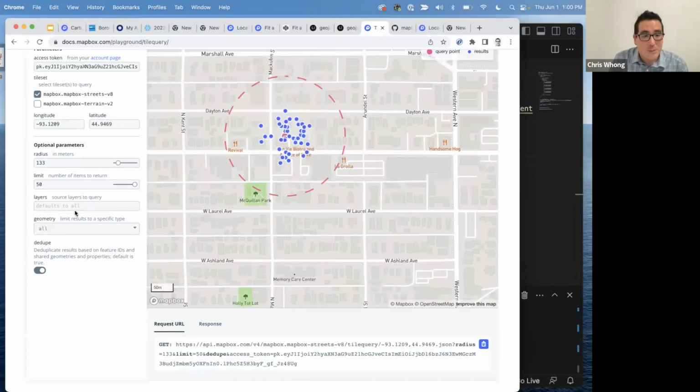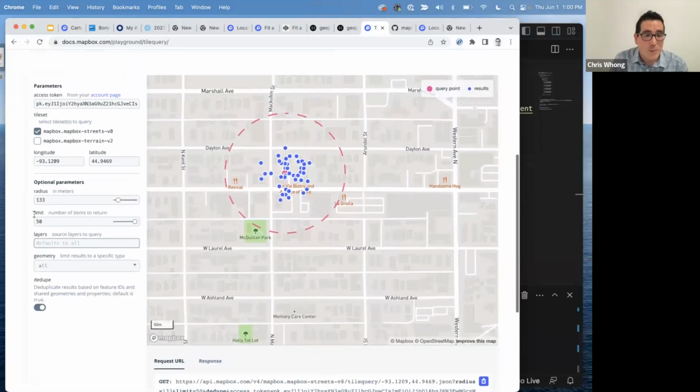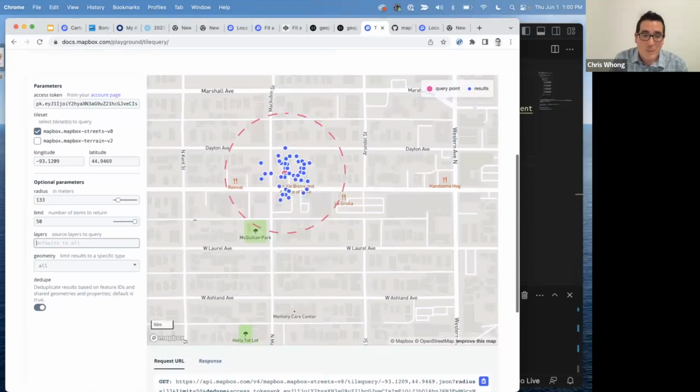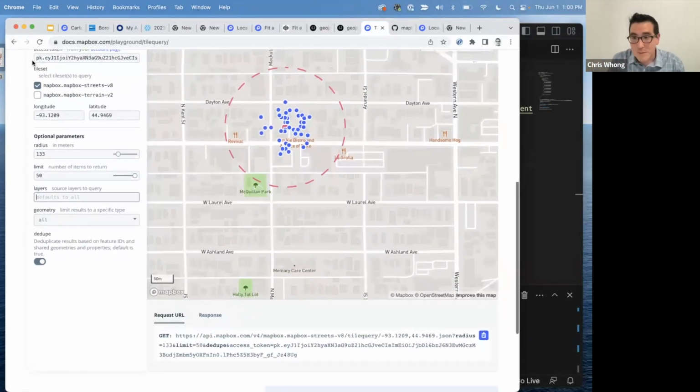So you can also filter the layers and tell it exactly what type of information you want to pull out. But a lot of people will actually use this as a kind of geocoder. If you can imagine, instead of building footprints and cafes and things like that, we have a tile set that's just got all the counties in a state. And I send up a request for this point and just want to know which county it intersects with. That's actually another use case for the tile query API. So go ahead and play around with that. That's a lot of fun. And that's our playgrounds.